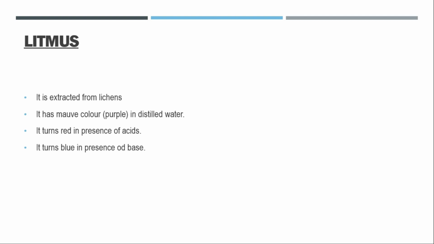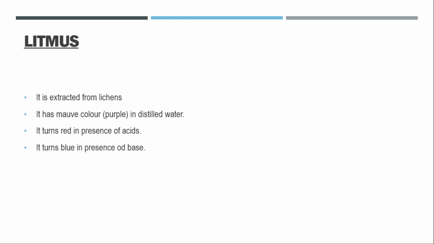Distilled water means whom should we call distilled water? Suppose a substance, it is not necessary that all substances have to be either base or acidic. Some can be neutral, that means neither acidic nor base. Compounds which are neither acid nor base, we call a neutral substance. So there are three kinds of substances that we should know: acid, base, and neutral.